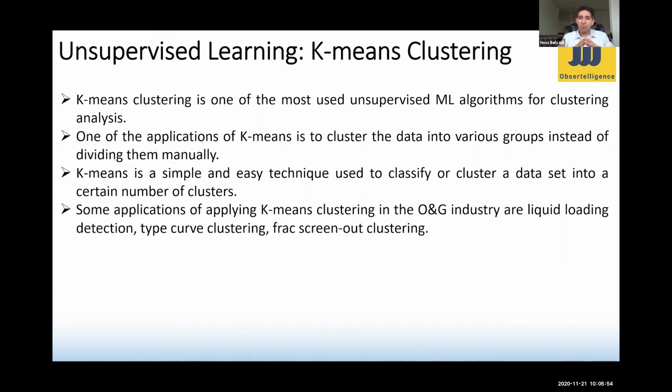And just to show you an example of how K-means actually works mathematically. As I said before, K-means clustering is one of the most used unsupervised machine learning algorithms. And if you recall from lecture 1, an unsupervised machine learning type doesn't have a label. If you have a set of input features and no label associated with those input features, you can use some type of unsupervised machine learning algorithm to cluster your data,